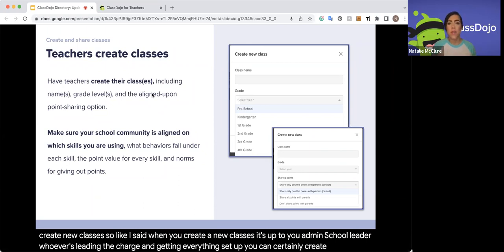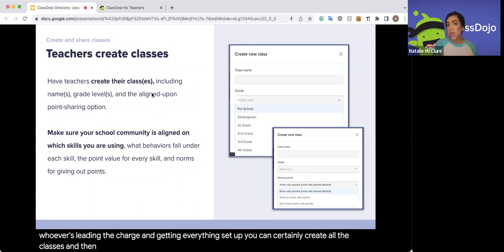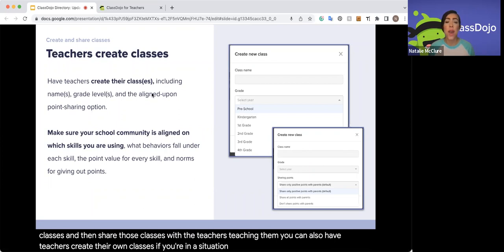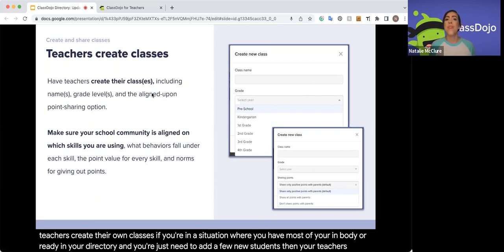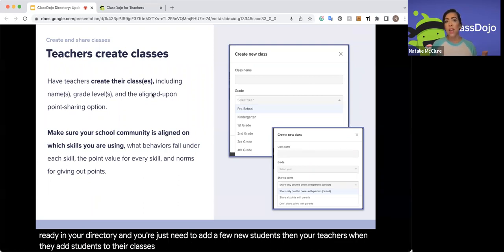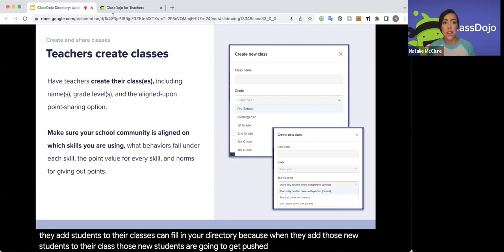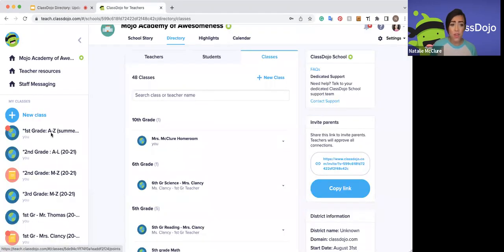You can certainly create all the classes and then share those classes with the teachers teaching them. You can also have teachers create their own classes. If you're in a situation where you have most of your student body already in your directory and you're just needing to add a few new students, then your teachers, when they add students to their classes, can fill in your directory, because when they add those new students to their class, those new students are going to get pushed into your directory. So for example, if I have a class